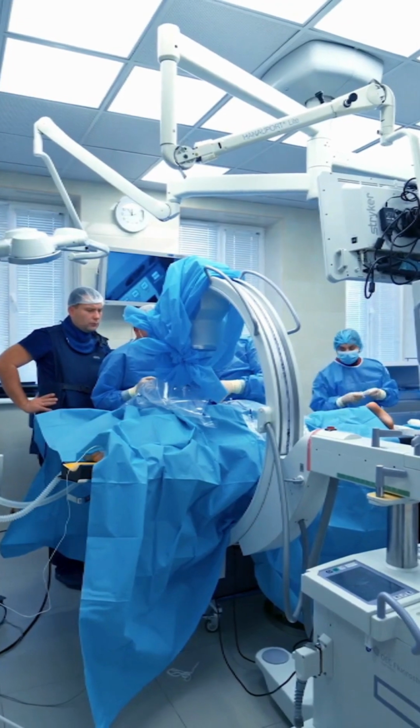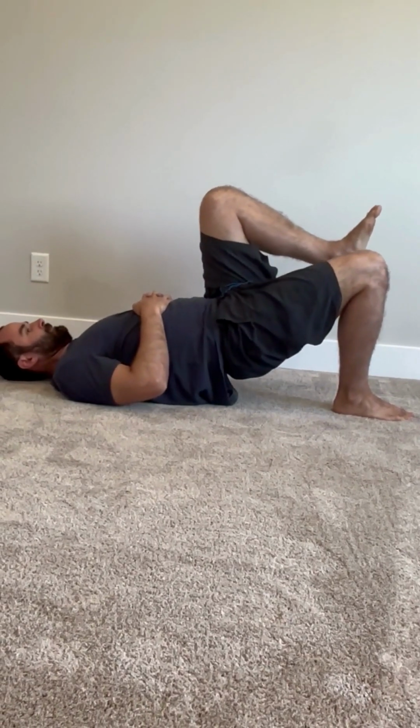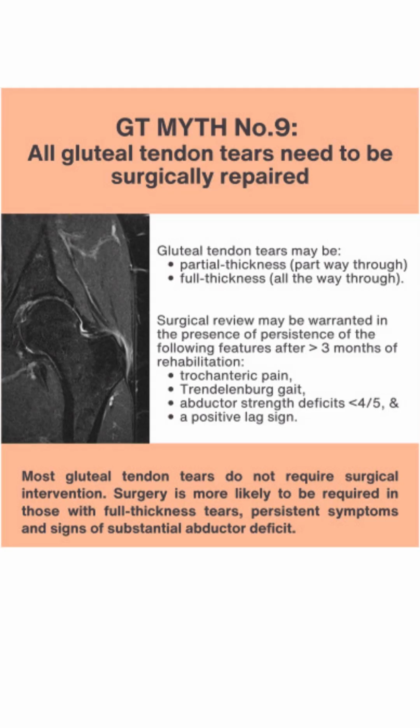Myth number 9. All gluteal tendon tears need to be surgically repaired. Most gluteal tendon tears do not require surgery. Surgery is more likely to be helpful in people with substantial tendon detachment, who have not been responsive to rehab for over 3 months, a positive Trendelenburg gait,